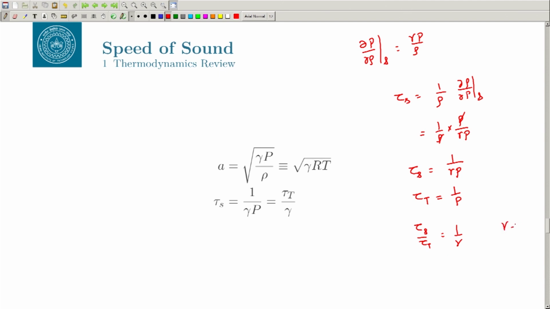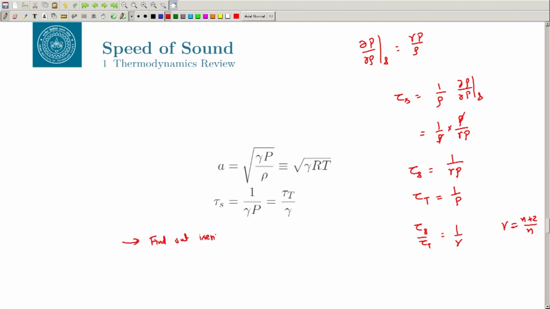Remember, gamma is equal to n plus 2 by n, right. So, it is greater than 1. So, for monatomic it is 5 by 3, for diatomic it is 7 by 5, triatomic it is 9 by 7, right. So, if you go back to our earlier problem,